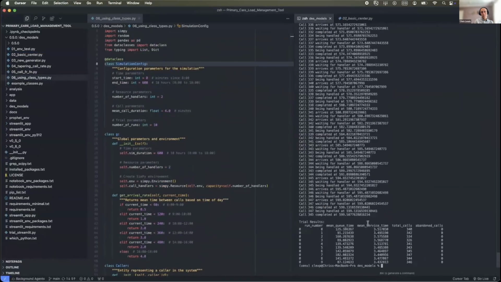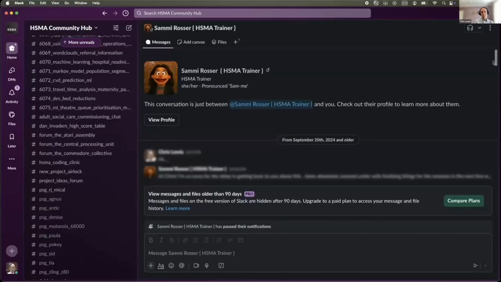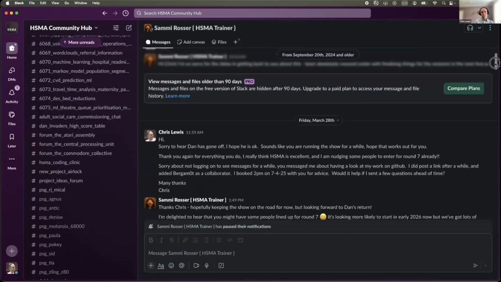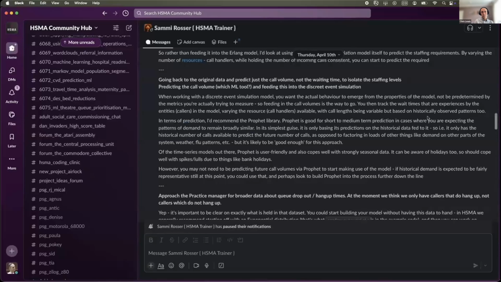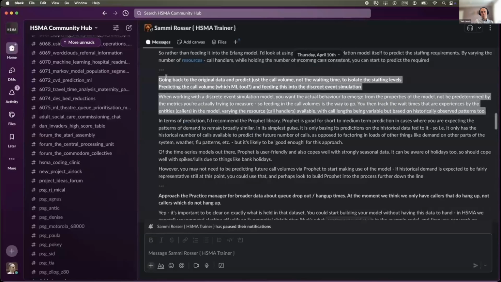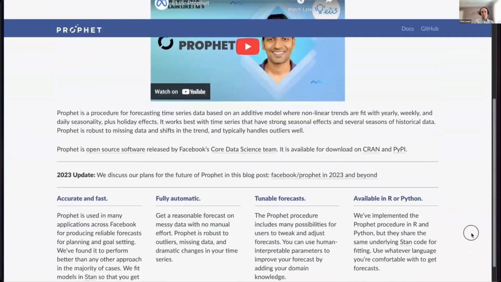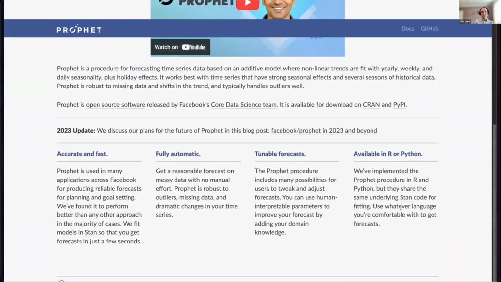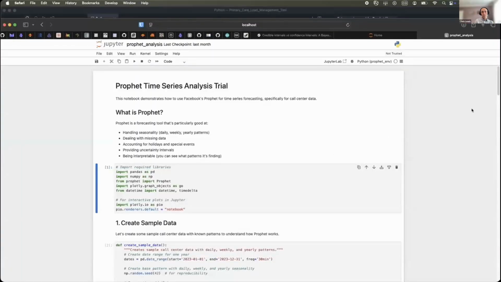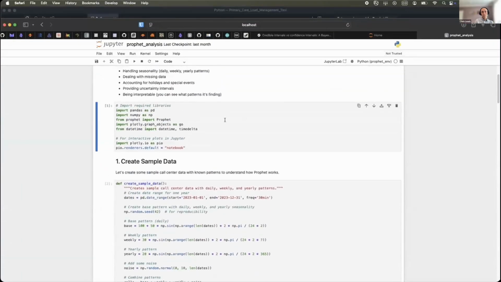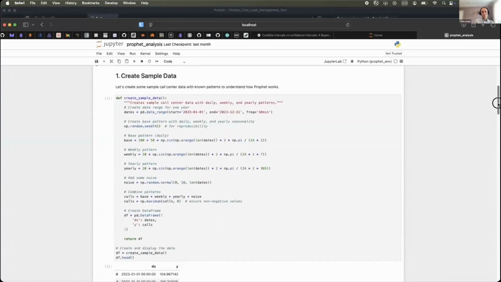But then I had a conversation with our ever helpful mentors and a left turn at the traffic lights, directing me to a Facebook Meta data science prediction model called Prophet, which has good characteristics for modelling seasonal variation, which I had. Let's try and use the Prophet model and see if we can make it work.